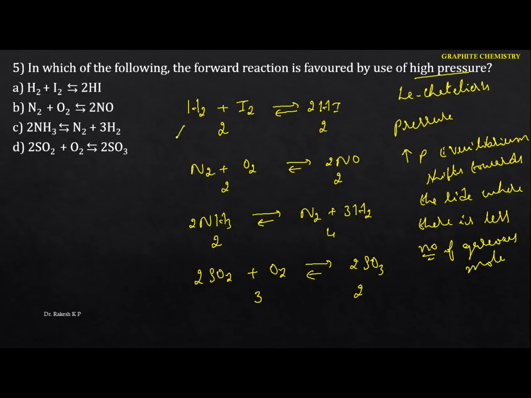In this case, the pressure does not have any effect here also, because in both cases the number of moles will be the same. Just come to this one here. According to Le Chatelier's principle, as you increase the pressure, the equilibrium shifts toward the side where there is less number of gaseous moles. If you increase the pressure, the equilibrium shifts towards this side, the backward side. But here we have to identify the forward. So now you just identify. If you increase the pressure, in this case the equilibrium shifts towards the side with fewer gaseous moles. That is this one. So this shows the forward reaction. Hence in this case the option is D. Okay, so next one.